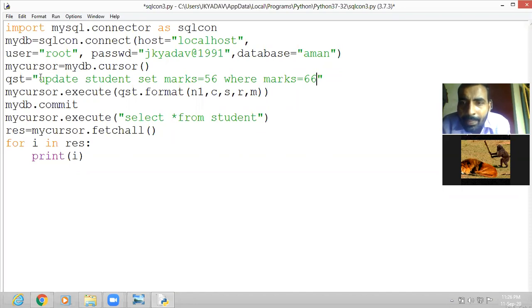So it is a simple query, means it will update the student table in the marks field where 66 is there. Any record having 66 in the marks field will be replaced with the new mark, that is 56. So I hope there is only one record having the marks as 66, and that will be replaced with 56.